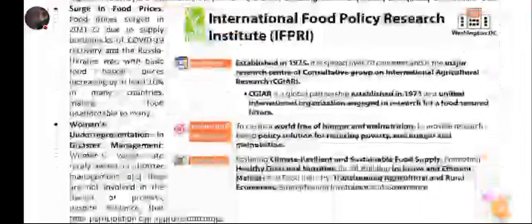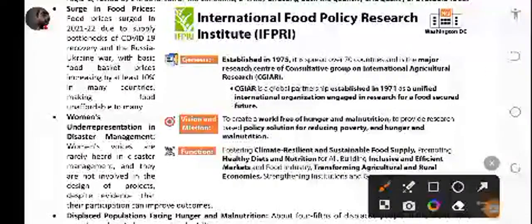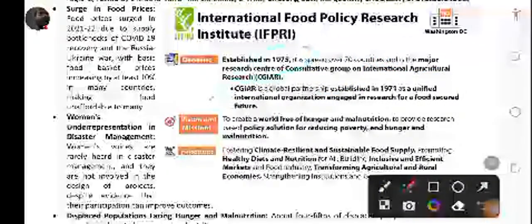तो उसके बाद यहाँ पर इंटरनेशनल फूड पॉलिसी रिसर्च इंस्टीट्यूट है, इसका हेडक्वार्टर वाशिंगटन में है और जेनेसिस इस्टेब्लिश्ड इन 1975. It is spread over 17 countries and it is the major research center of the Consultative Group on International Agriculture Research. उसके बाद हमको